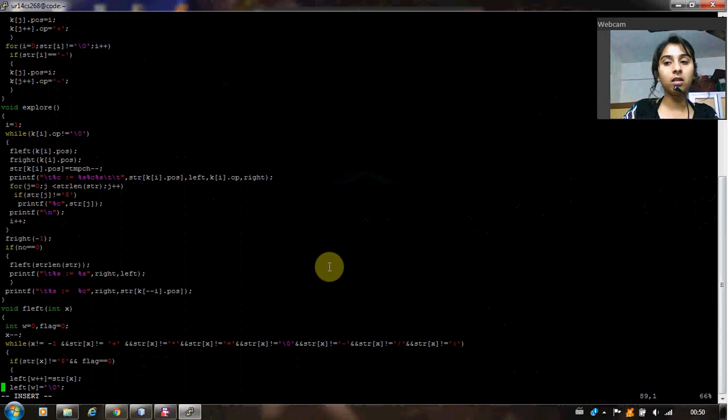You're going to pass the values k[i].pos, that is position, and to right we are going to give k[i].pos, that is the same position. Then in your string, that is str[k[i].pos], we actually decrement the temporary character. Then we are going to display the intermediate code,